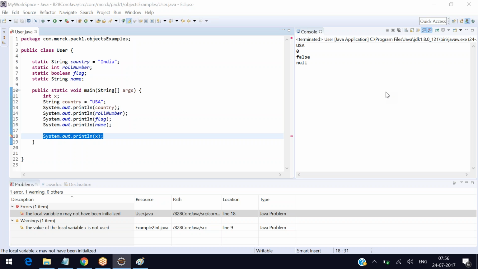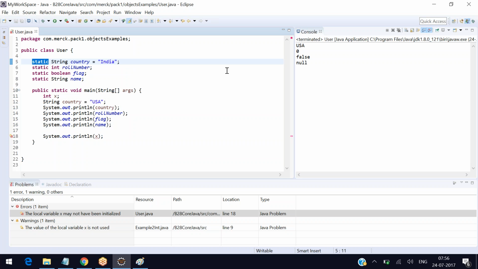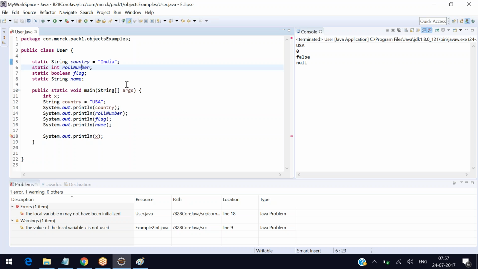Okay. So we can also define all the variables without static also. Yes, we will be seeing it later on. We can define them, but if you define it like this, there will be some rules and things, but we will not be seeing right now how it differs. We have definitely not discussed what is static. We are just discussing